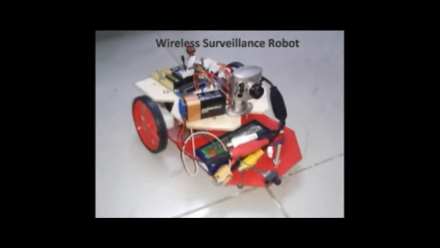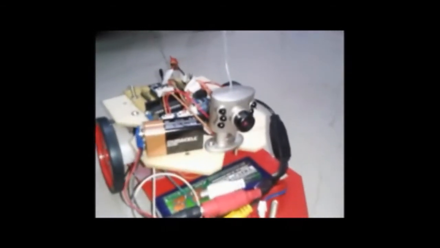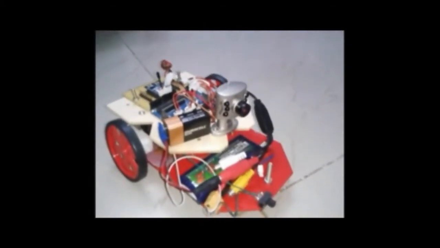This is a miniature robot having a wireless camera attached on it. This robot is controlled wirelessly through voice commands using LabVIEW. A wireless radio frequency module is connected with the microcontroller. L293D is a motor driver IC used to provide differential drive to the motors. The video output from the wireless camera on the robot is seen on the screen.